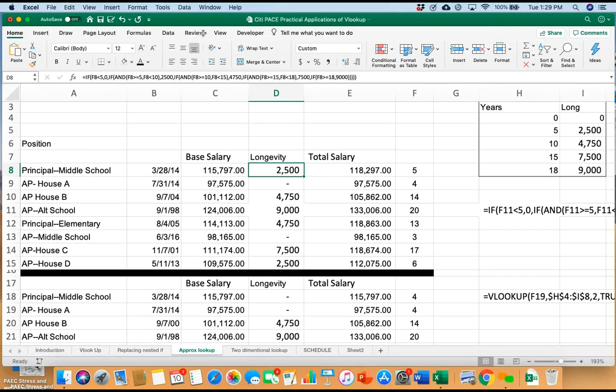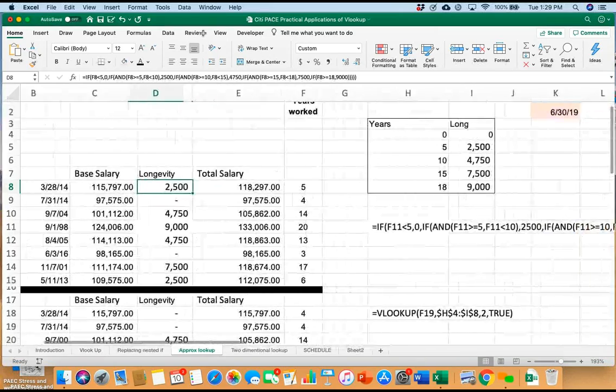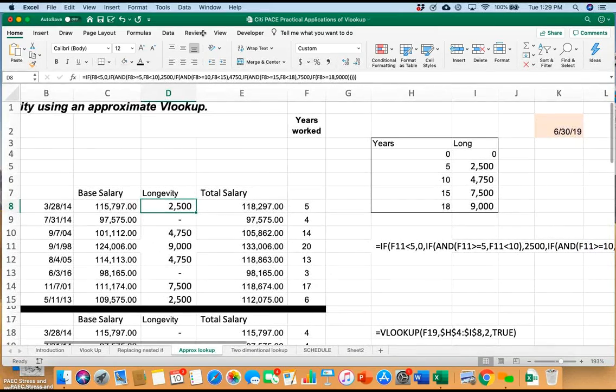So, I have a perfect example of this here, a really complicated one. I had a school district, I think this one was on Long Island, and they had longevities in their contracts. I built a little longevity table here. Basically, the way it works is when you're on the job for 5 years, you get an additional $2,500